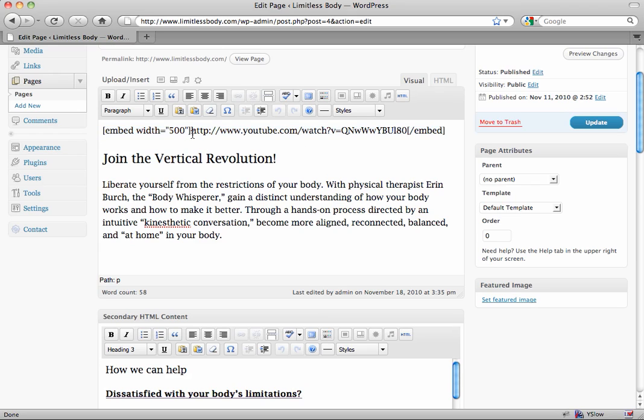It's not standard HTML, but it's WordPress specific. And shortcodes start with an open and close bracket. In this case, it's an embed shortcode, and it's embedding a video. It starts with the word embed, and then has a variable width set to 500, and the 500 represents 500 pixels. The next part is the link to the video,